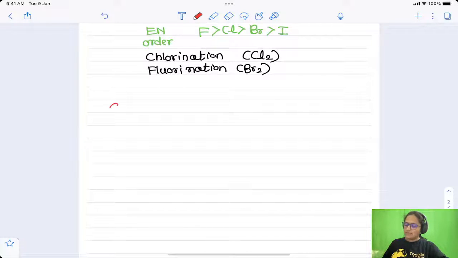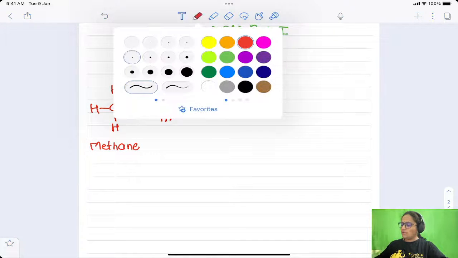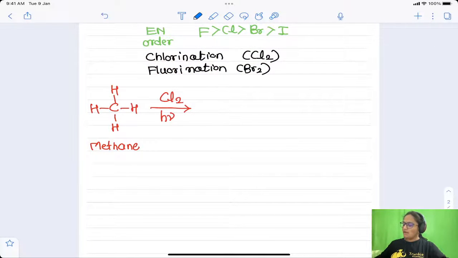What happens here? The hydrogen atom of alkane. Let us take the simplest example of an alkane, that is methane. The single carbon containing alkane is methane. There are 4 hydrogens in it. If I treat it with chlorine gas in the presence of H nu. What is H nu? I have told about H nu in some class. In short, I'll just write it down here.